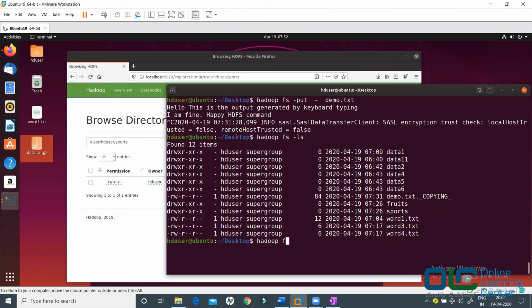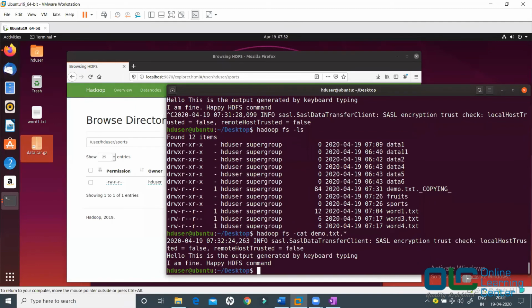So I'll say hadoop fs -cat, and demo.txt. Do I need to write everything? Not at all. You can simply say it like this as well. So if you see, the output is hello, this is the output generated by keyboard typing, I'm fine, happy HDFS command.